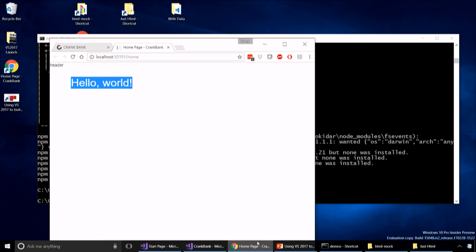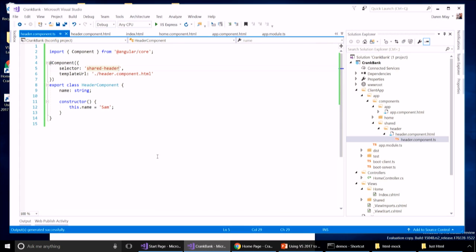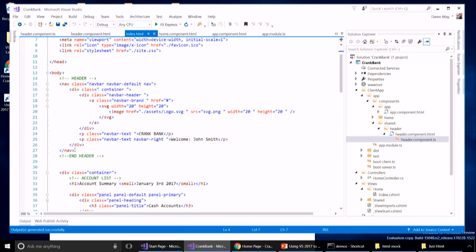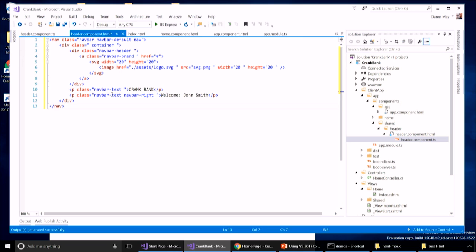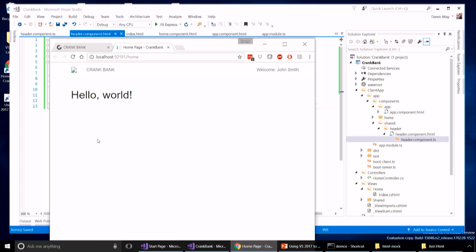So now what we want to do is actually get our JavaScript in. So I'm going to come into my HTML for my header. I'm going to copy this, and I'm going to drop it into my header component. So I'm just going to replace this, save it, and we see that immediately this is refreshed. I didn't hit Control R, I didn't have to hit Control F5 or anything along those lines. This is refreshed and is showing exactly what it is that we wish to display,